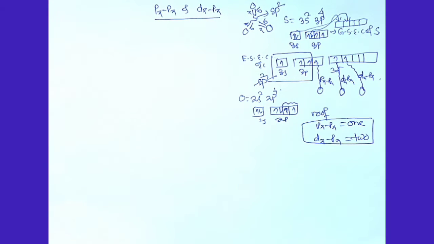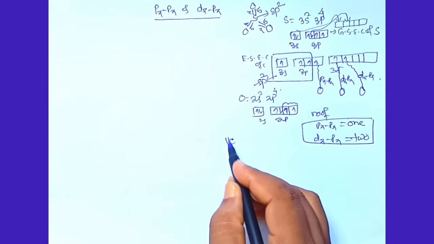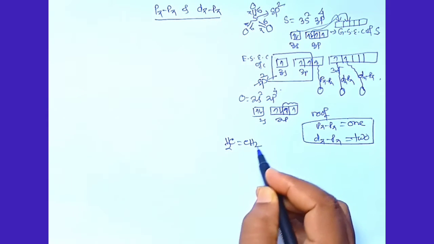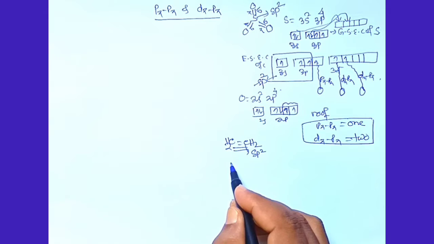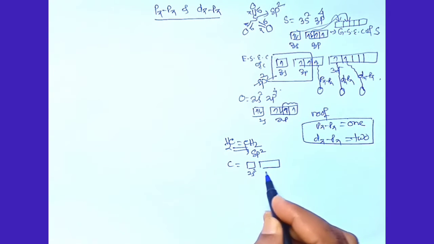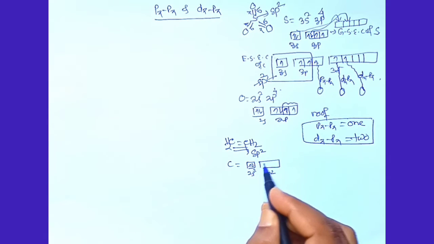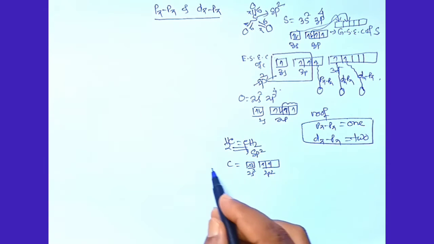One thing I want to mention: whenever a pi bond is formed, it is formed by the sidewise overlapping of unhybridized orbitals. Let's take the example of the ethene molecule to understand it properly. Here carbon has sp2 hybridization, carbon electronic configuration 2s2 2p2. So 2 unpaired electrons. This is the ground state electronic configuration.